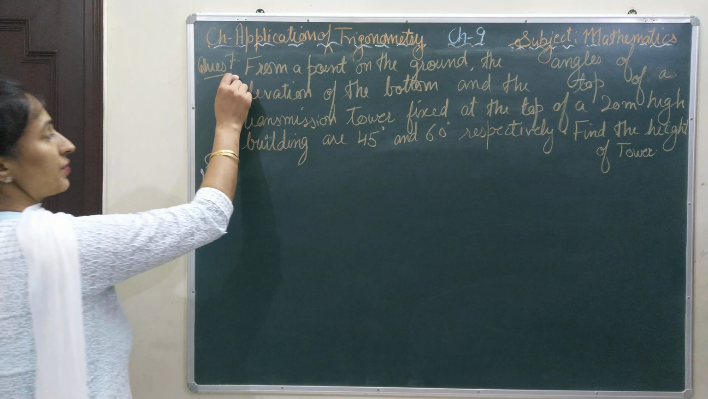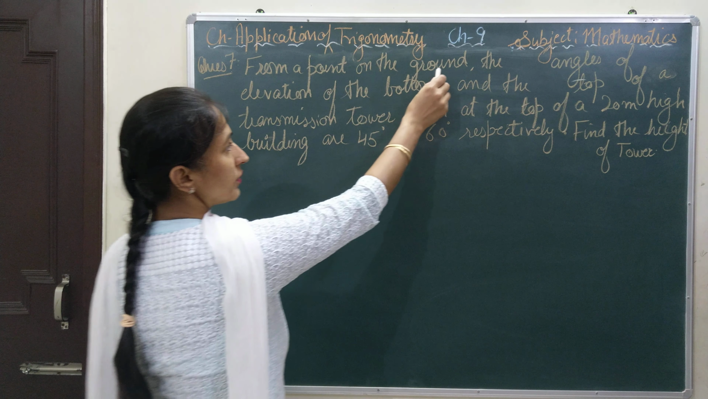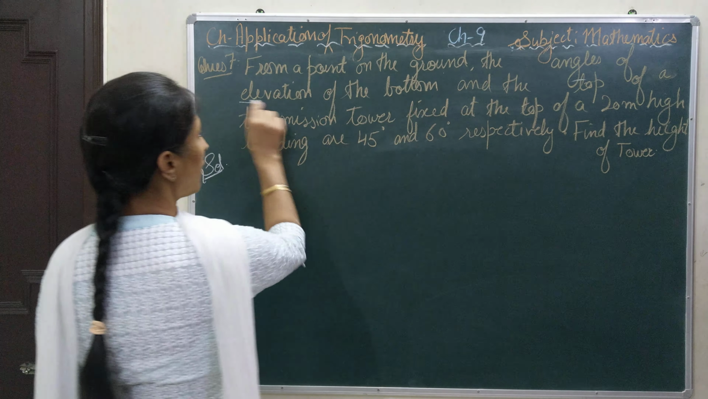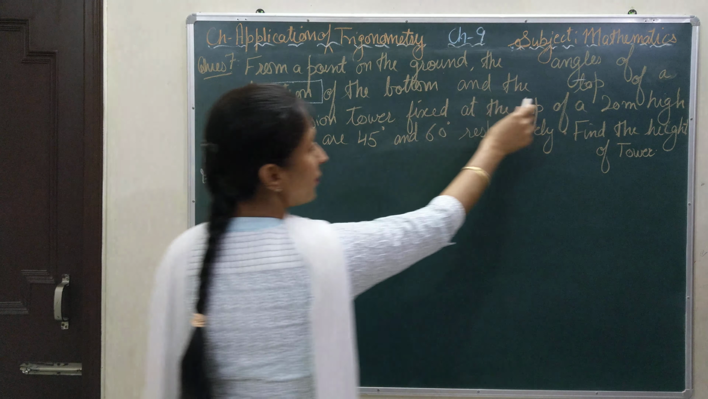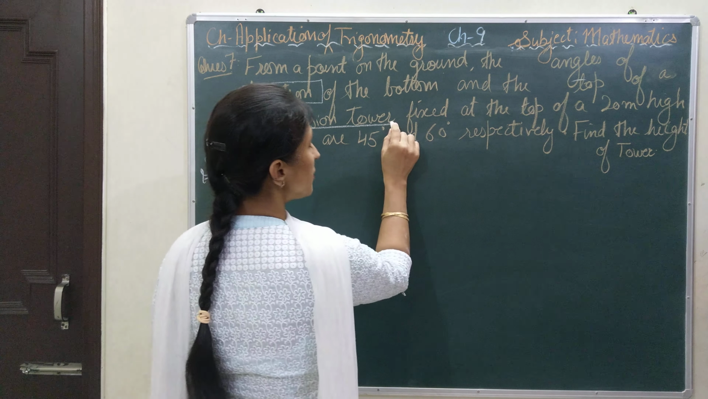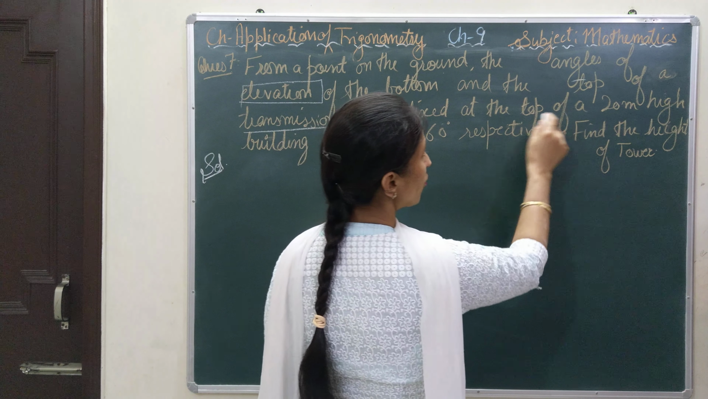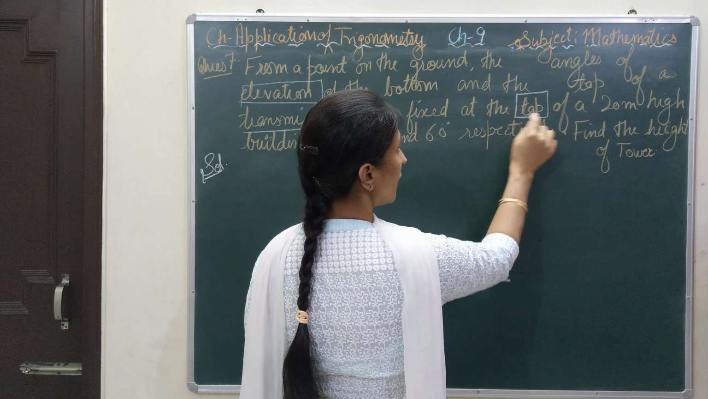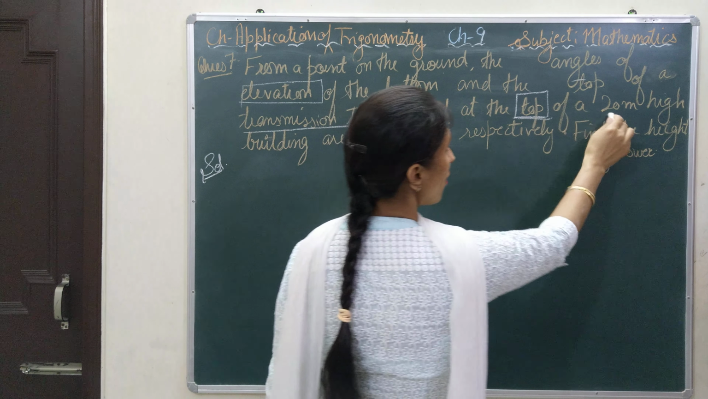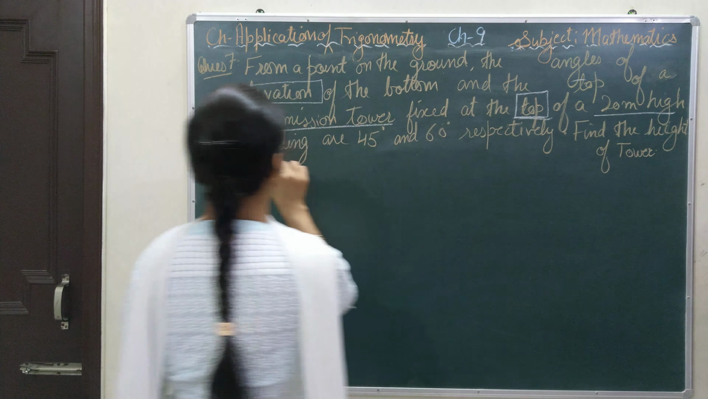Here is question number 7. From a point on the ground, the angle of elevation of the top and bottom of a transmission tower is given. One transmission tower is fixed on the top of a 20-meter high building. One building is there which is 20-meter high, and one transmission tower is fixed on the top of that